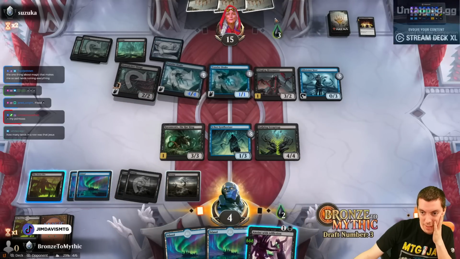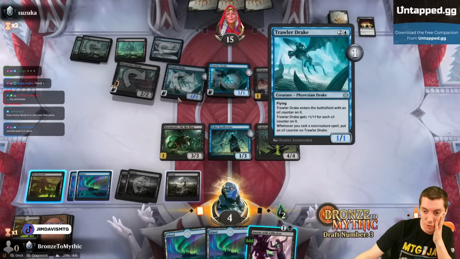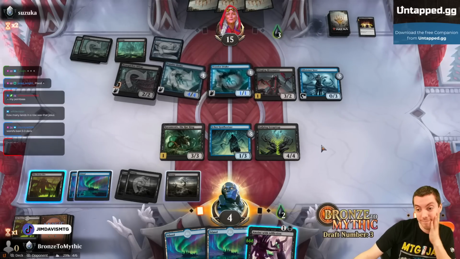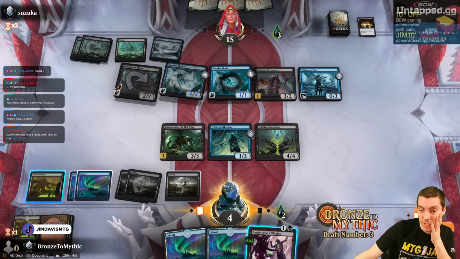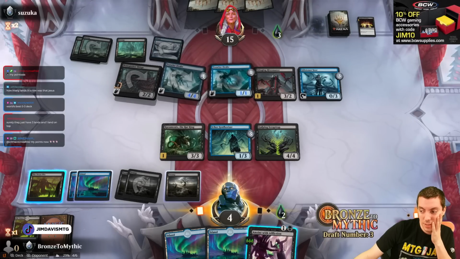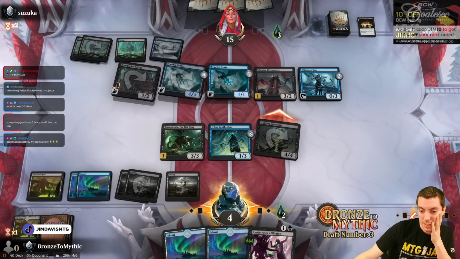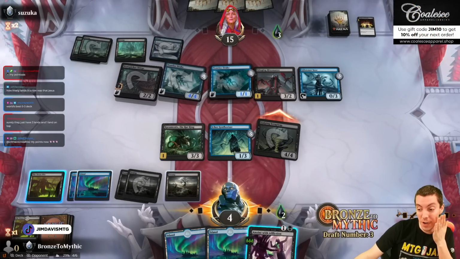So we can anoint... They have 3 counters. We can anoint the Trawler Drake. We do it anyway, I guess. But they have lethal with any spell. What are you going to do, you know? What are we going to do? Send our 4/4 in, I guess. Trying, folks. Trying my best here. Our deck is very good, I think. But...